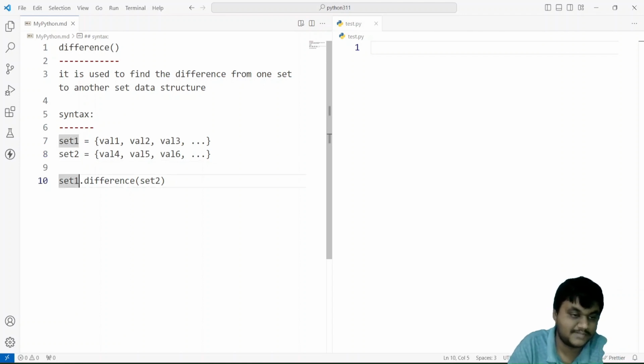If you take the difference method from one set to another set, it gives only the remaining elements